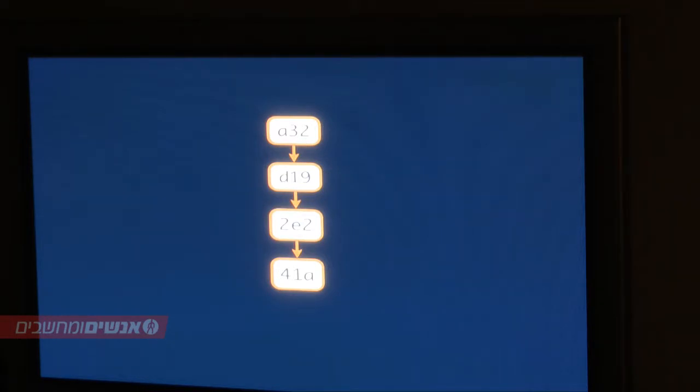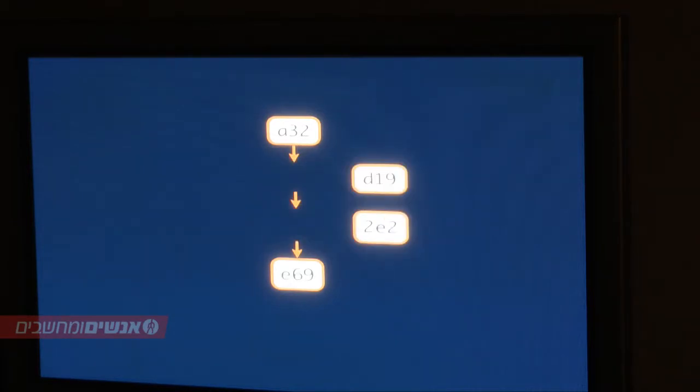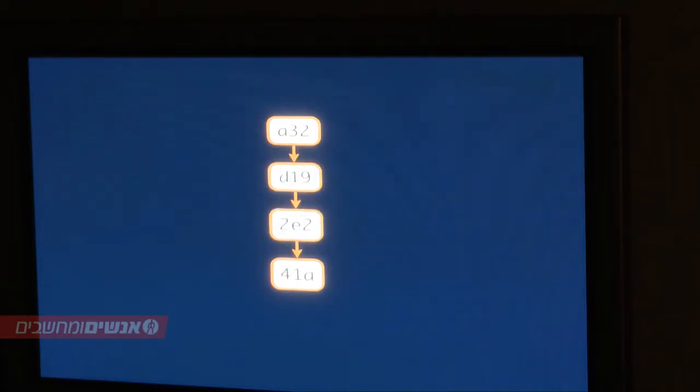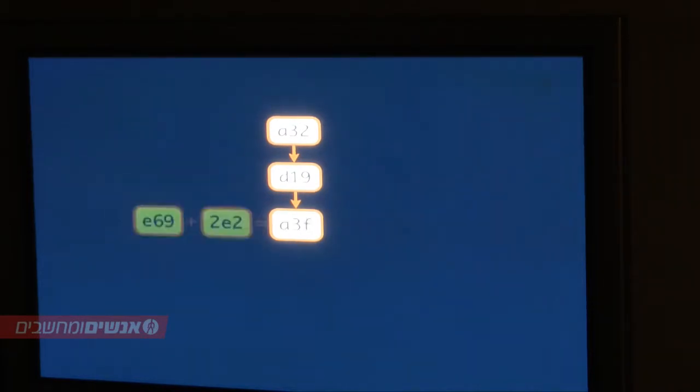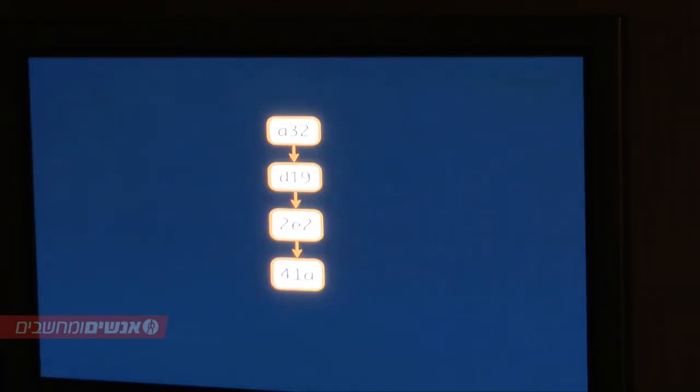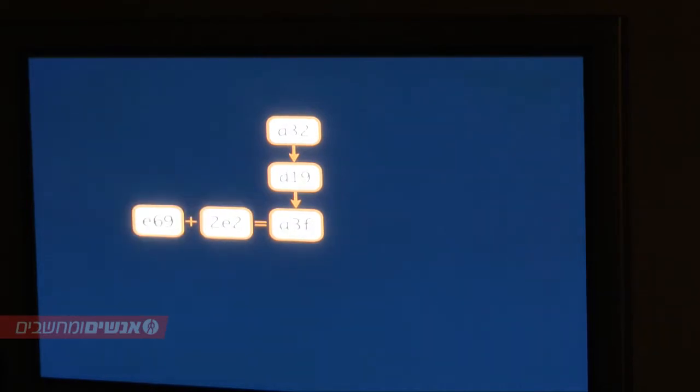So anytime you change the parent, the child is going to change. Like we can see E69 turns into 41A, and that's because the commit before it changed.